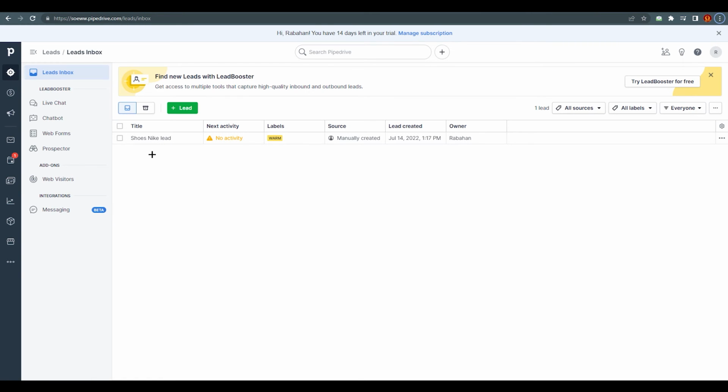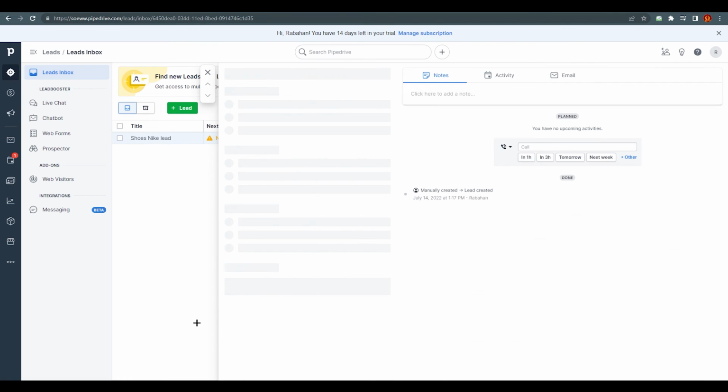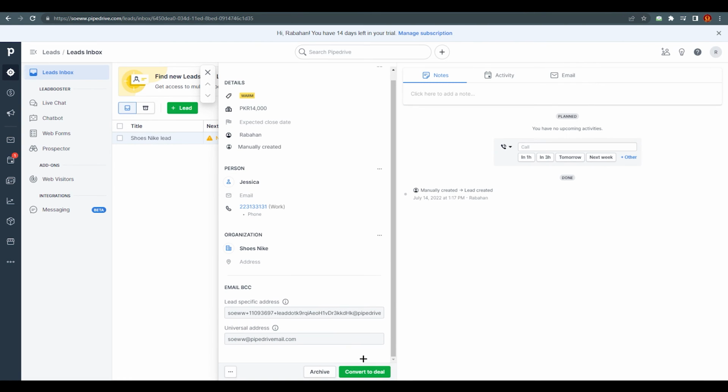As you can see, this is your lead which we have created through contacts. And if we click on it, you will find multiple options over here where we can also convert it into a deal. If we want, we can also add activities, emails and notes over here, and you can do all the details over here too. And if we click on convert to deal,